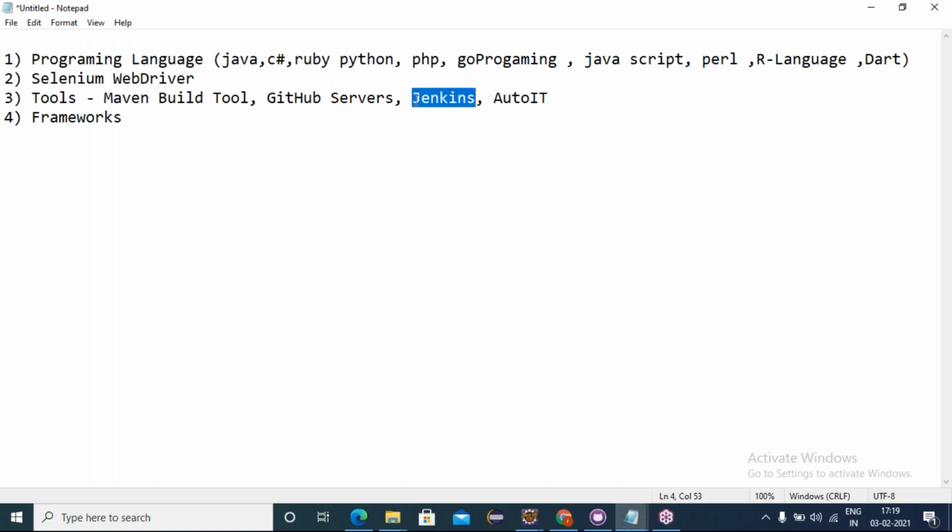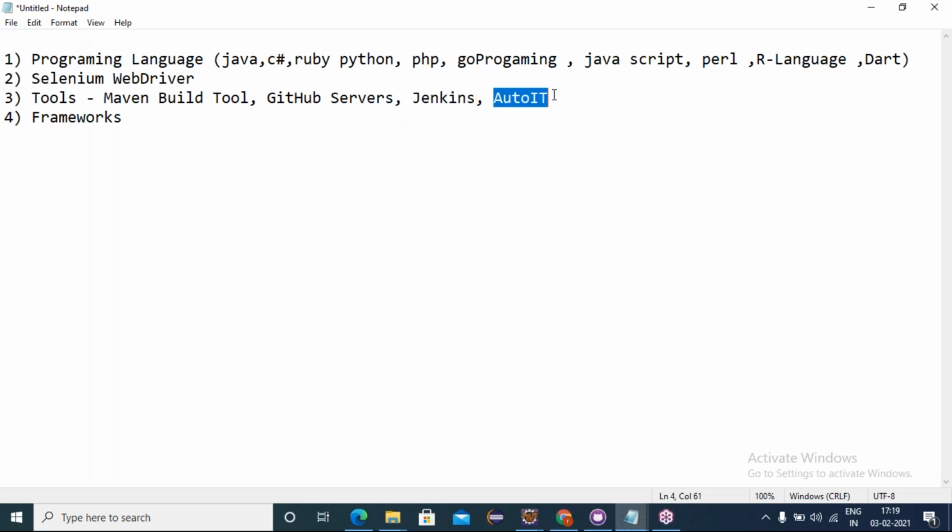We pull the builds from the GitHub server, give them to the Jenkins jobs, and schedule how the job should execute. Jenkins is used to schedule your builds which are kept in a GitHub server. It pulls and schedules them.